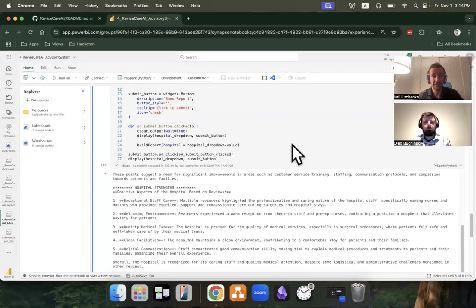Hi everyone, this is the demo of our solution, ReviseCareAI. So we want to present it. It's implemented using Microsoft Azure Fabric, using different tools such as Lakehouse, Spark, third-party APIs like Google Maps, Azure OpenAI, etc. I will briefly show you the details soon, but now I want to invite Oleg to give us some details